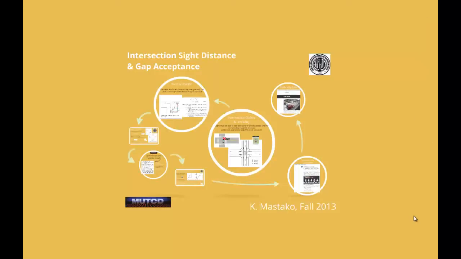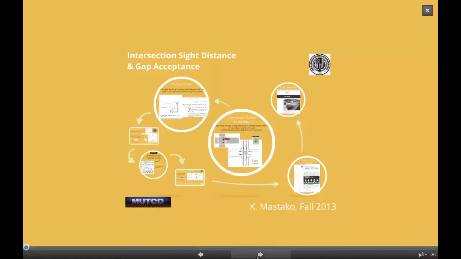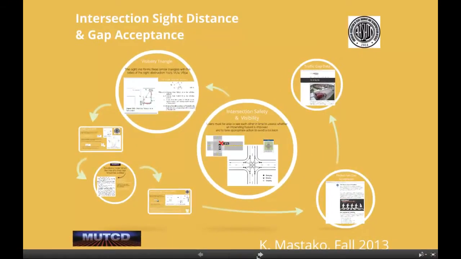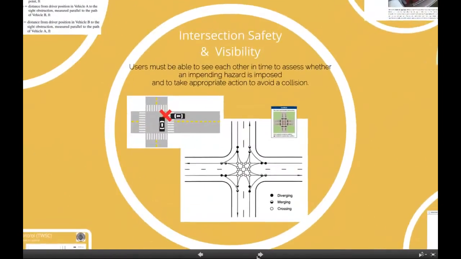Let's take the next 20 minutes to talk about intersection sight distance and gap acceptance and to work through two example problems from the text. We begin by recognizing that an at-grade intersection experiences a variety of conflicting movements as vehicles and bikes on each